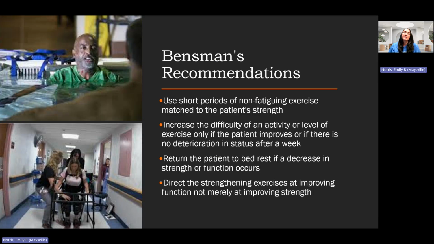Some of the recommendations are to use short periods of non-fatiguing exercises matched to that patient's strength. Increase the difficulty of that activity level only if the patient improves or if there's no deterioration in status after a week. I actually use that with almost all my patients. If I progress them in something, I wait at least a week to see how they respond to that change in demand on their body before I progress them again, because delayed onset muscle soreness typically